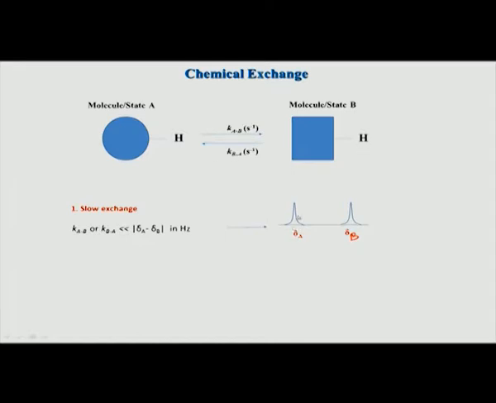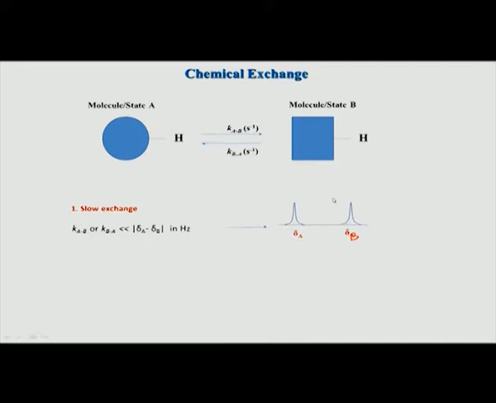Of course, just seeing two different peaks does not tell you whether the exchange is slow or fast, but we will come to that later. We will see how we can find out whether there is any exchange happening between these two molecules or not, and if it is happening, whether it is fast or slow, in the next few slides. But the point here is that if you have a slow exchange going on, you will get two separate peaks for A and B. There will be a small change in the line widths which will depend on the exchange rate, but we will ignore that for the time being.